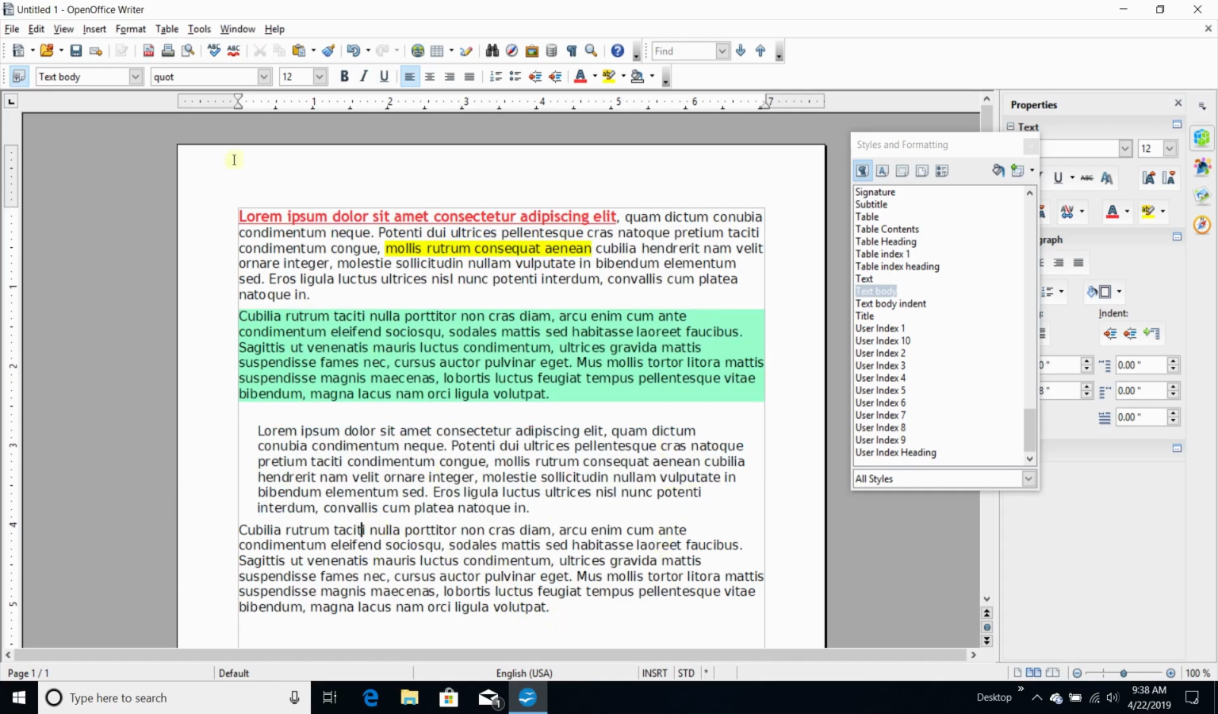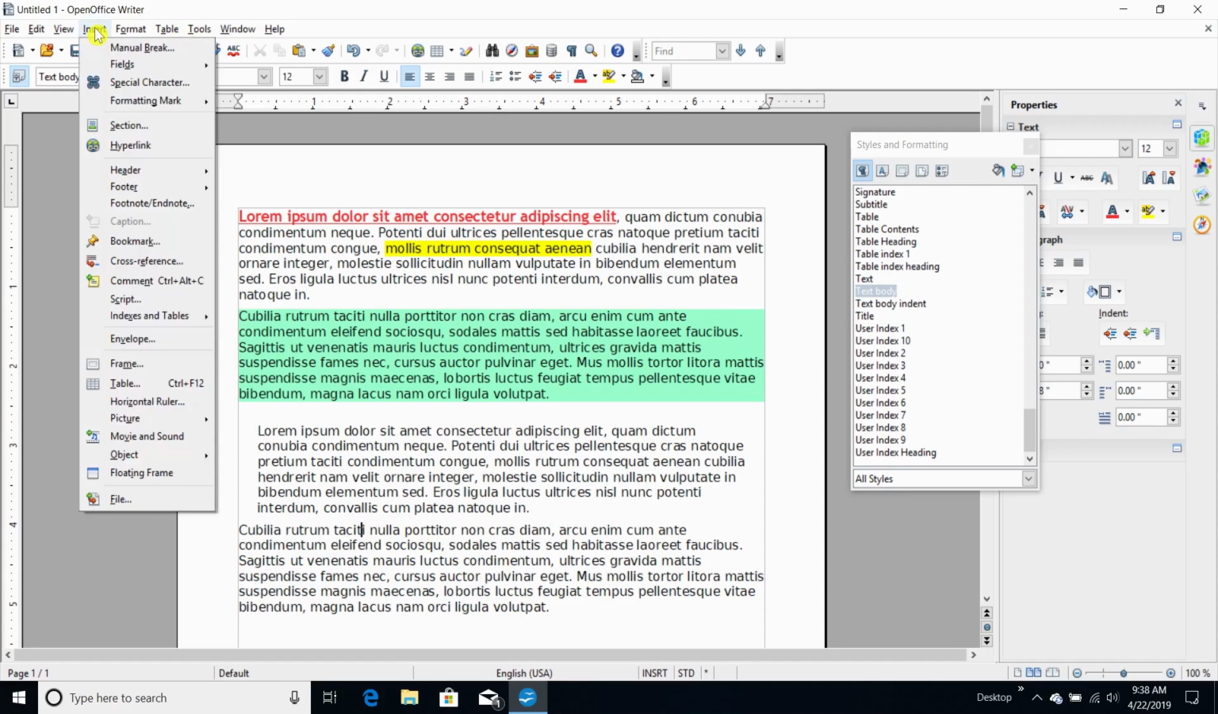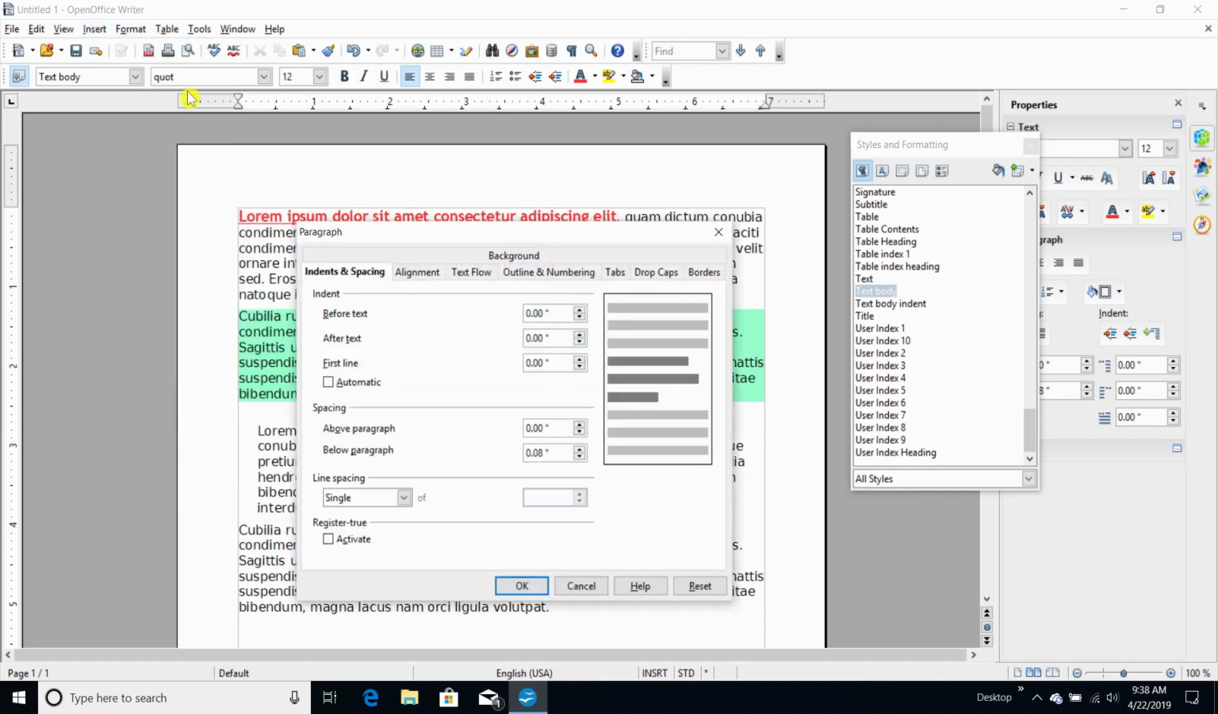This paragraph here, I want to add a first line indent, so I'll go back up to Format, Paragraph, and first line. You can manually set how far you want the first line to indent, or you can set it for automatic, which is basically based on the font style and some other factors. Actually, to figure that one out, I